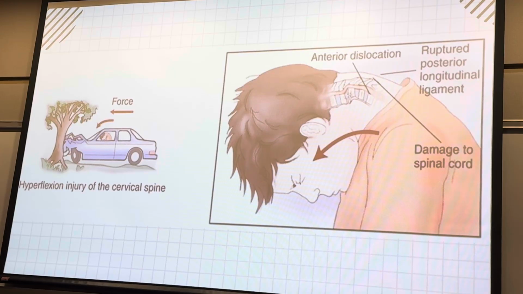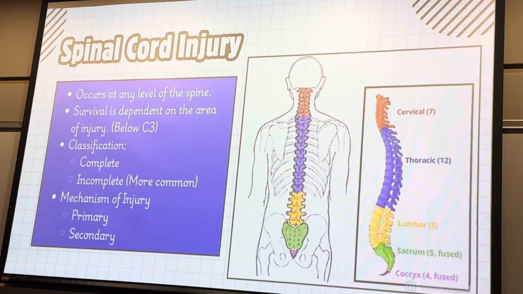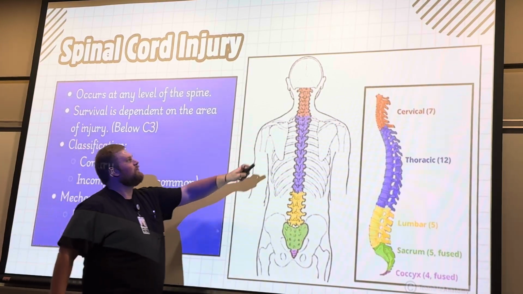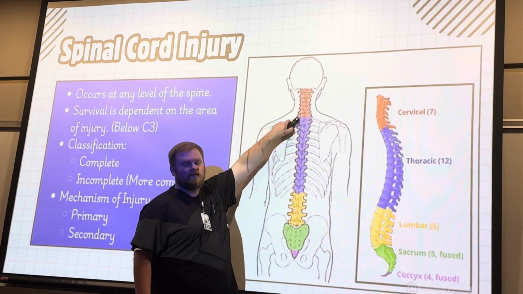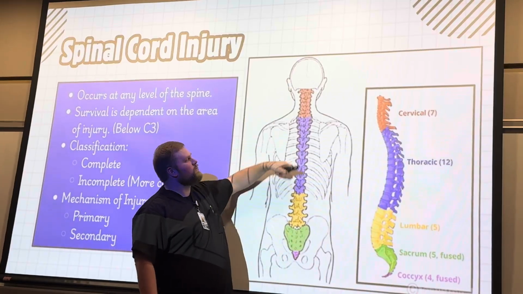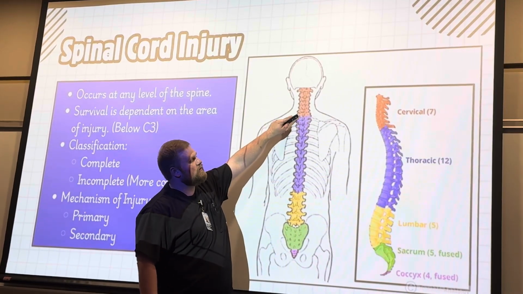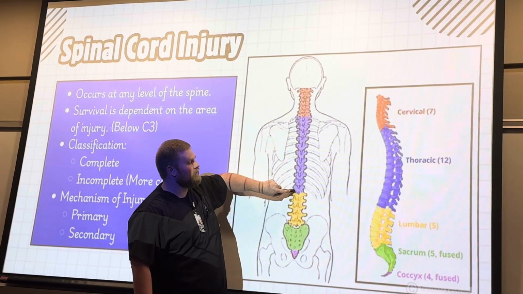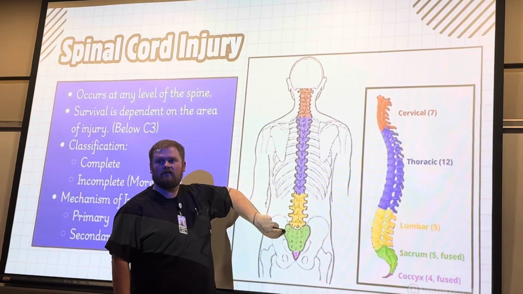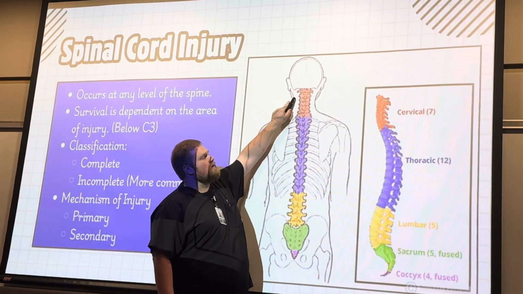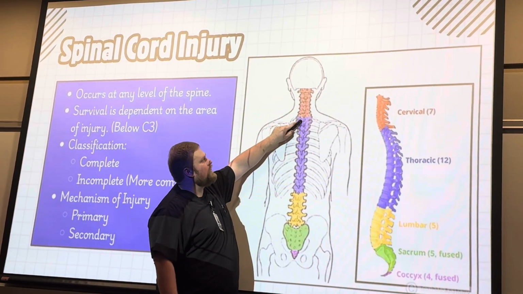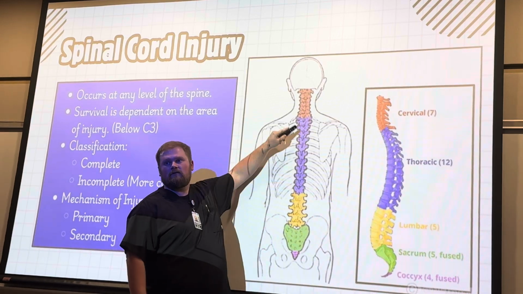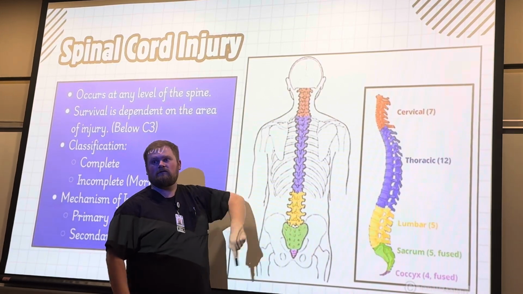Does it count up or down? I can't remember. I used to know. Counts down. 1, 2, 3. No, it's down. C1's at the very top. Okay, it counts down. I don't know why I thought it was opposite. So C1 through C7, and then you have T1 through T12, L1 through L5. So it starts at the top, works your way down, but you don't go 8, 9, 10, 11, 12, 13. You start over with each section. That's what I'm thinking. Okay.